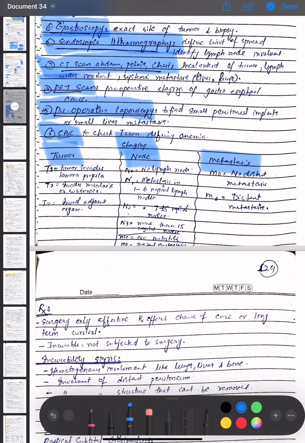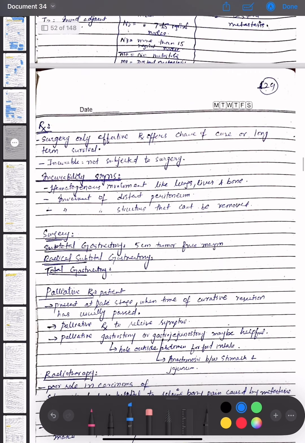Okay, now what are the treatment options? We will do surgery only. Effective treatment offers a chance of cure or long-term survival. Incurable cases are not subjected to surgery. Incurability signs are hematogenous involvement like lungs, liver, and bone, involvement of the distant peritoneum, and involvement of the structures that